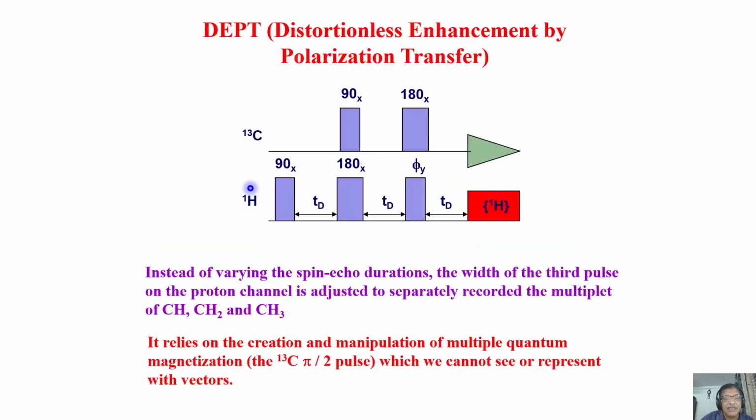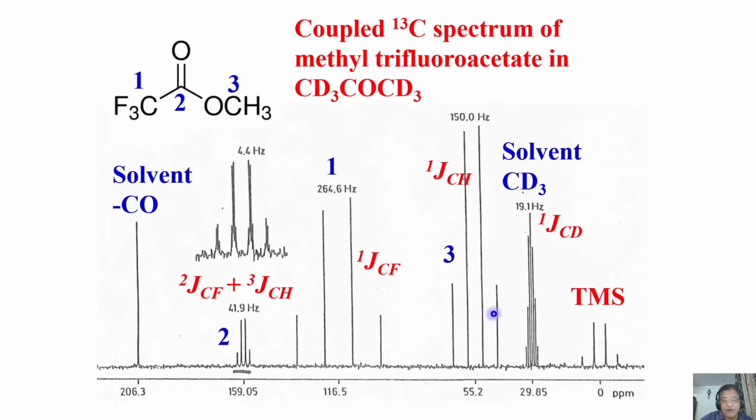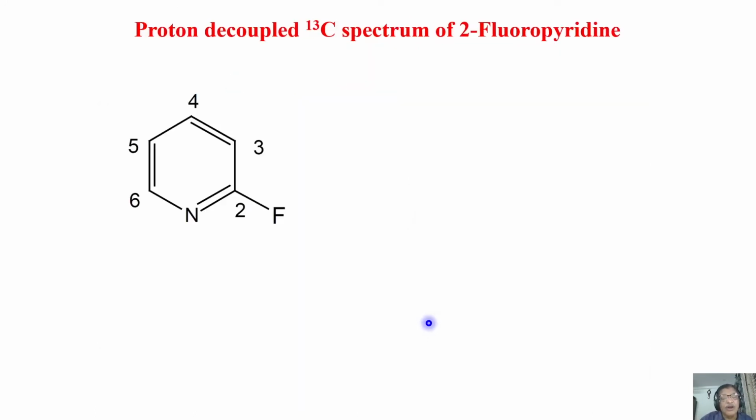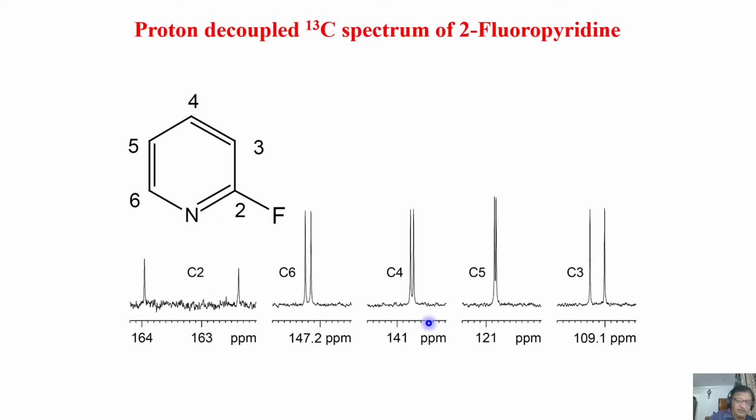Unlike in the previous example, where we have to go by the coupling and we get a fully coupled spectrum, we can make the assignment. But again, that complicates the situation. So we have to think of an option, a possibility, where we must get a decoupled spectrum, that is, one peak for each carbon. At the same time, I must assign whether it is a CH3 carbon, a CH carbon, a CH2 carbon, or a quaternary carbon. Based on the number of protons attached to the carbon, can I do the editing?